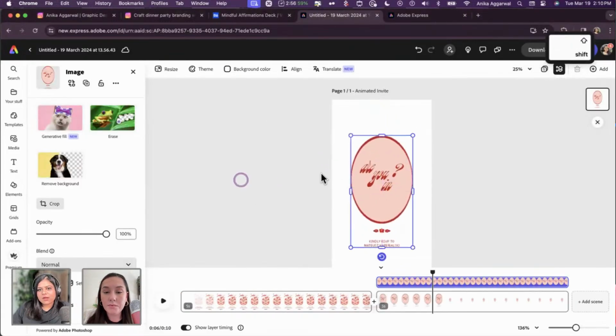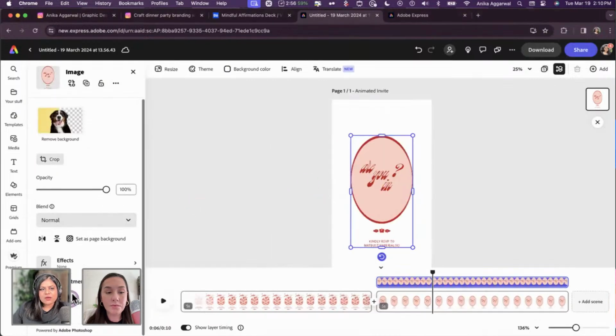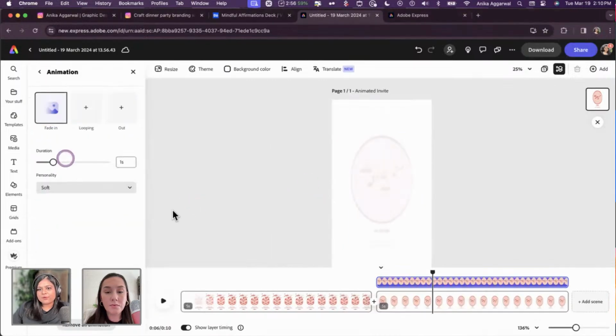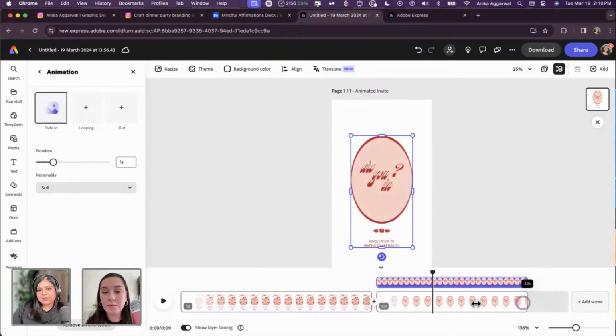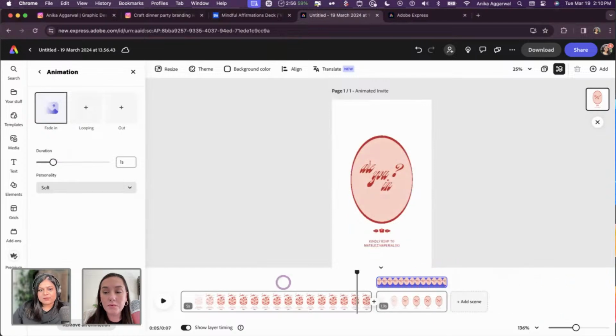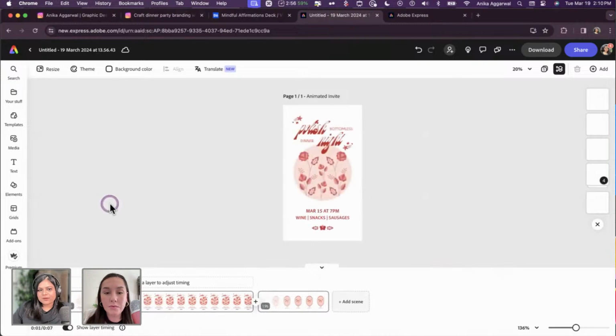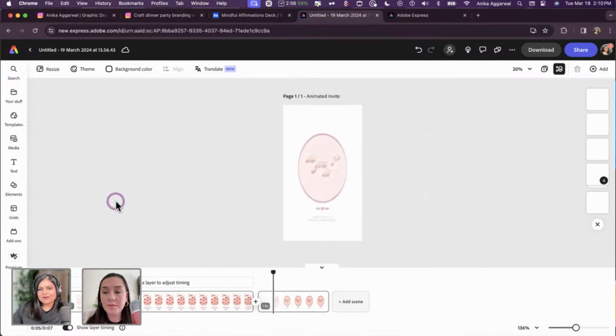Obviously, this is not how I want it to be. This is a very small image, but you can go in here and say, "Are you in?" And then maybe this is like 2 seconds, and now I'm gonna play through the whole thing. So let's hit play. That's the first one that we spent a lot of time on, 10 minutes, and then are you in?